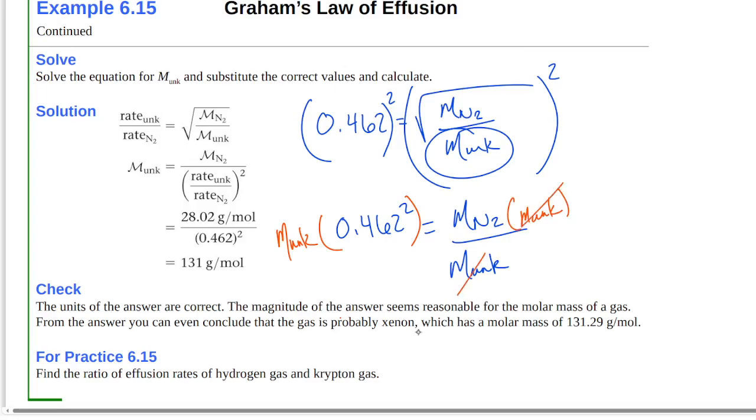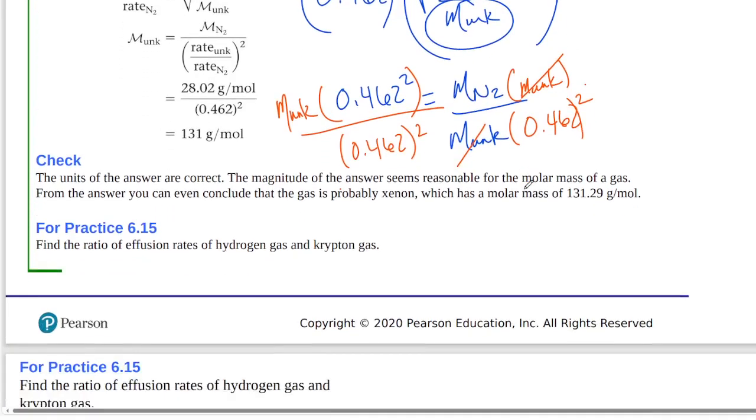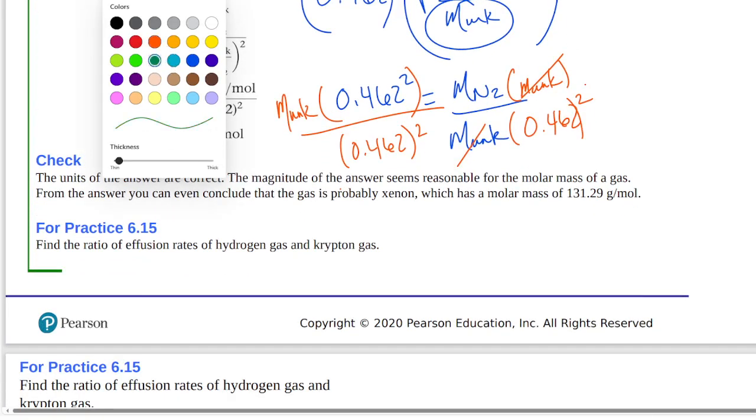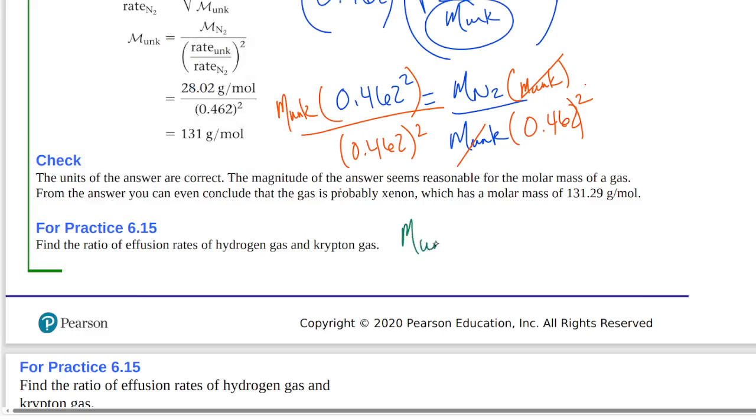And that cancels out on the right. Okay, and then we'll divide both sides by 0.462 squared. Okay, so that gives us the molar mass of the unknown is equal to the molar mass of N2, which